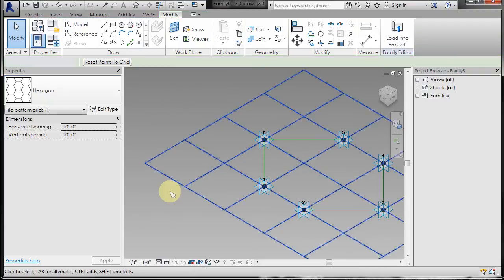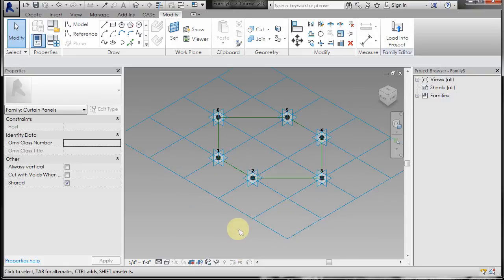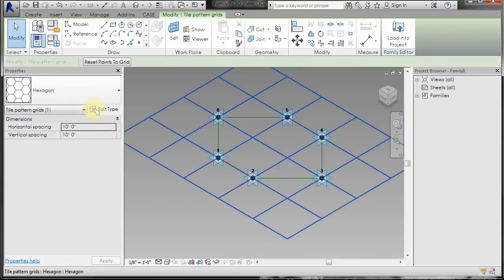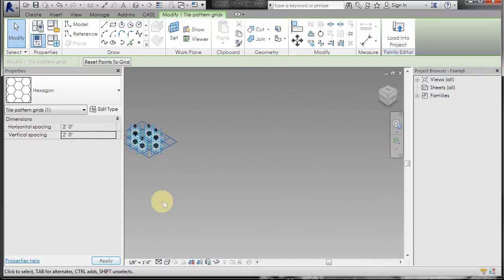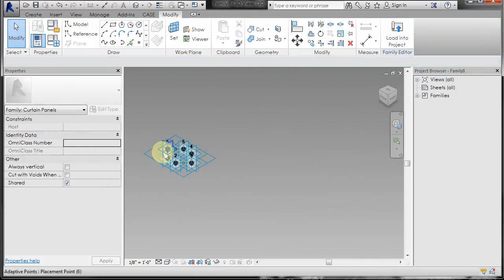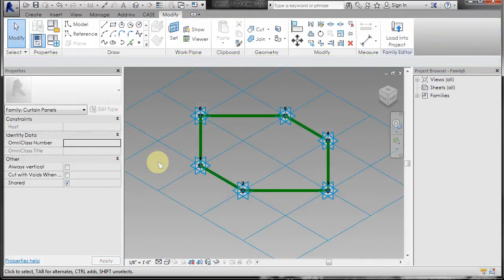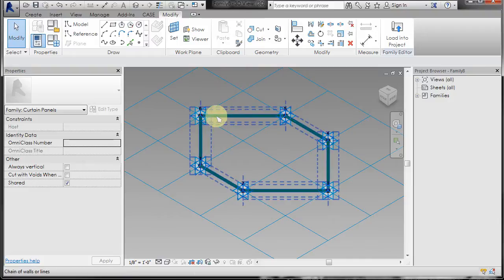Okay, so it changes that pattern to a hexagon. And I'm going to go ahead and select that pattern and change it from a 10-foot to a 2-foot module, just because I know that my pattern piece is going to be a little smaller. And so I just want to be able to get at least a close idea of how that's going to look. And if I was working at 10 feet, then it would just look very thin and strange